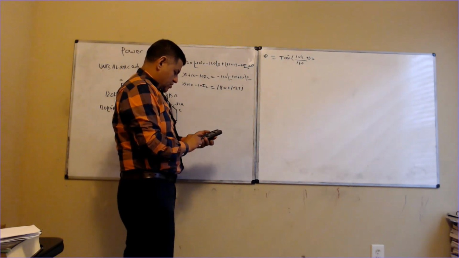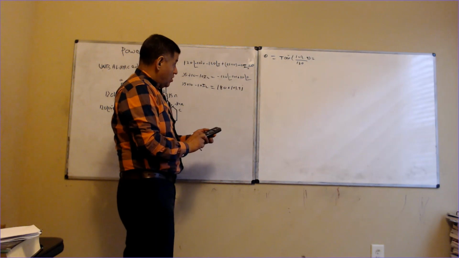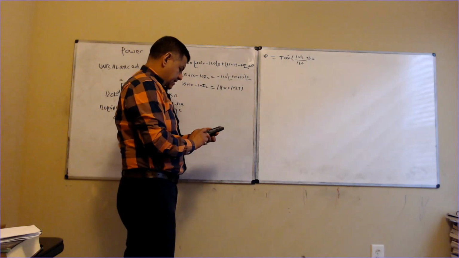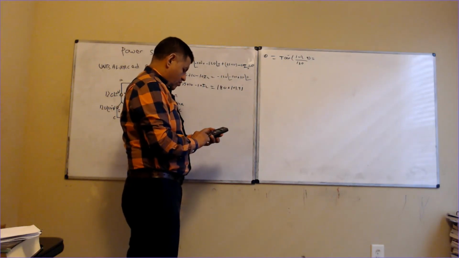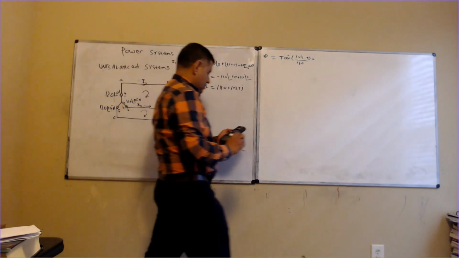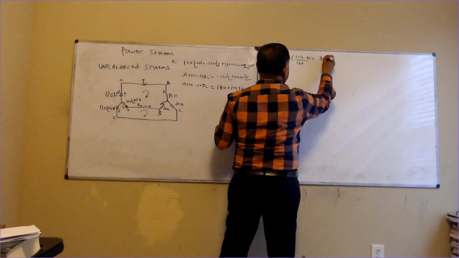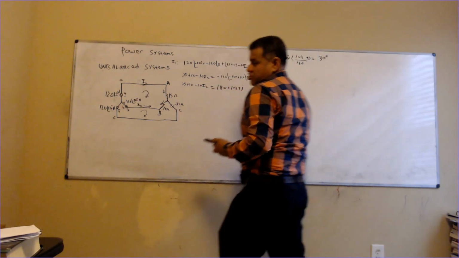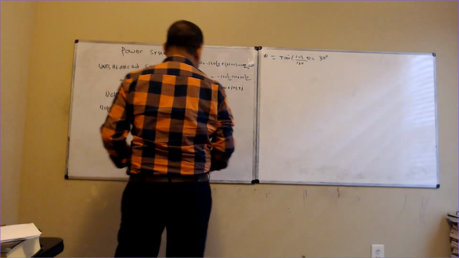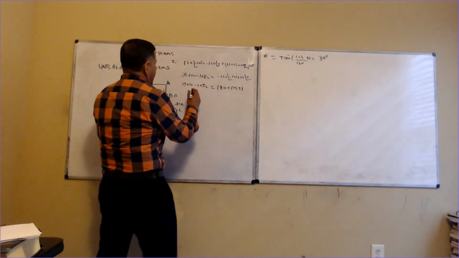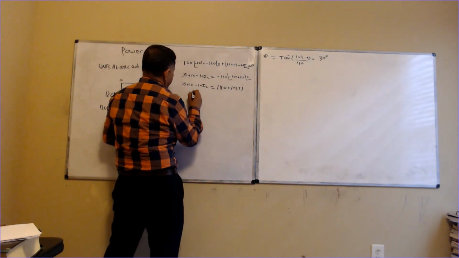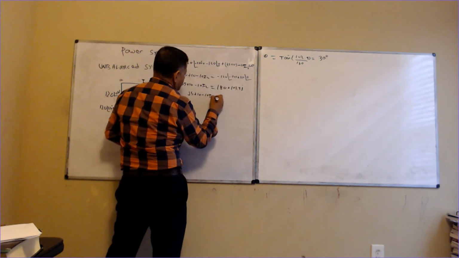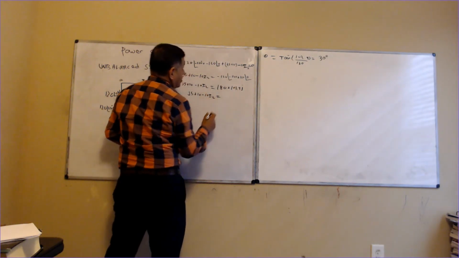So 103.9 over 180. So that is equal to 30 degrees. So theta is equal to 30 degrees. So now you can actually put that in there, right? So now you can write this as J 5 plus 10 minus 10 I2 equal to, okay, so now what you can do in this,